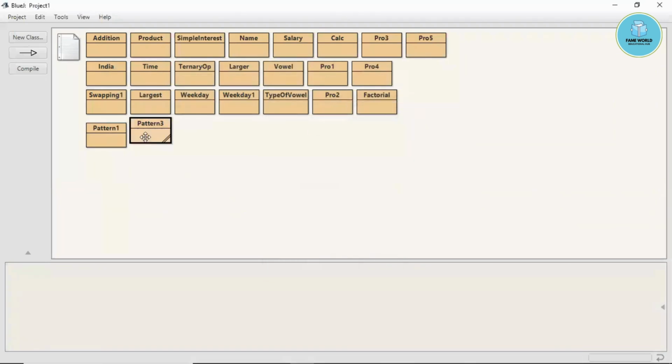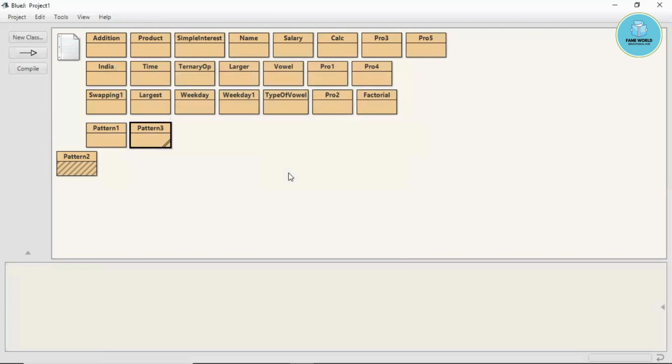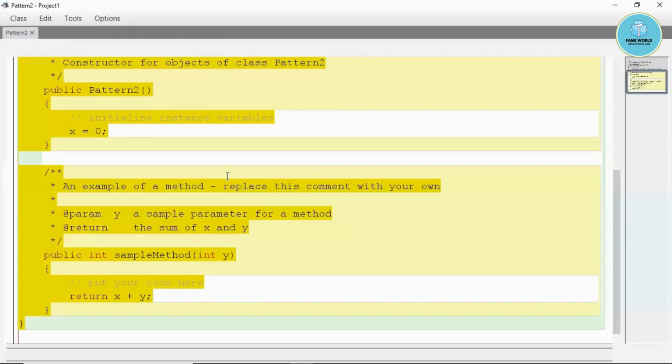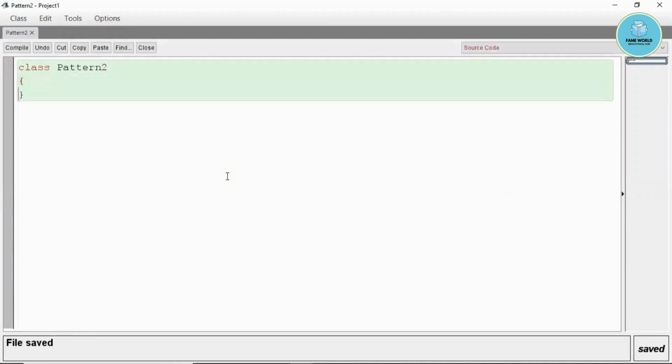So for this one, I'm going to take a triangle pattern 2.